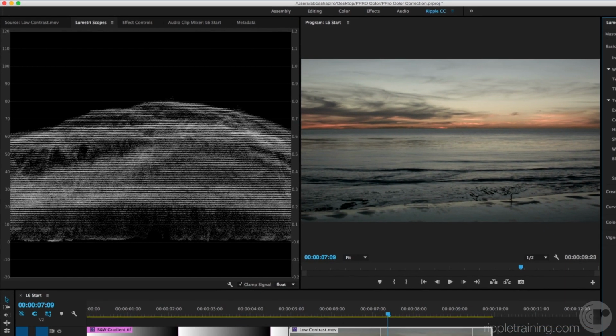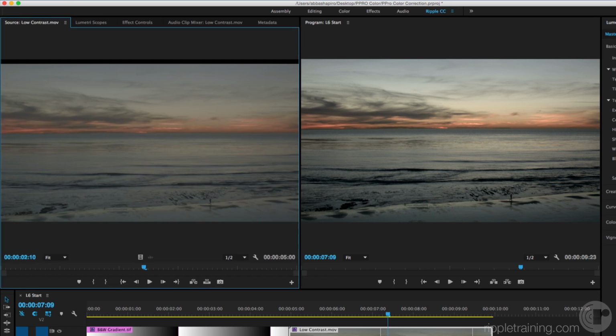You have a waveform monitor to tell you if you're legal and what's happening, but remember, your eyes are looking at an image, and depending on what it is, if it's a night shot or mid-afternoon shot, you're going to want to grade the luminance values to an appropriate level so it looks right to the eye. Now, I like the way the image looks, and once again, I'm going to hit the F key to match frame back to the original, and you see I have a lot more punch in my image,